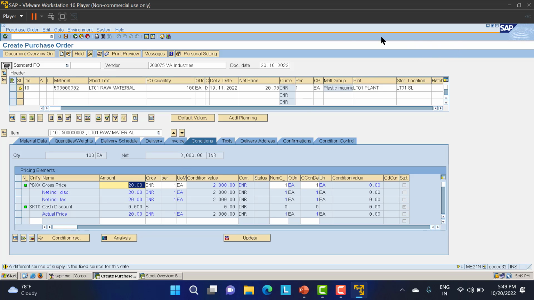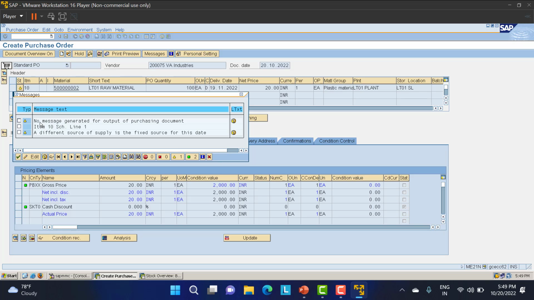That is how we are going to create the purchase order. Again, I am going to check whether everything is correct or not. See here, no message is generated, that is fine. As I said, when we create the output determination, at that time we will not see